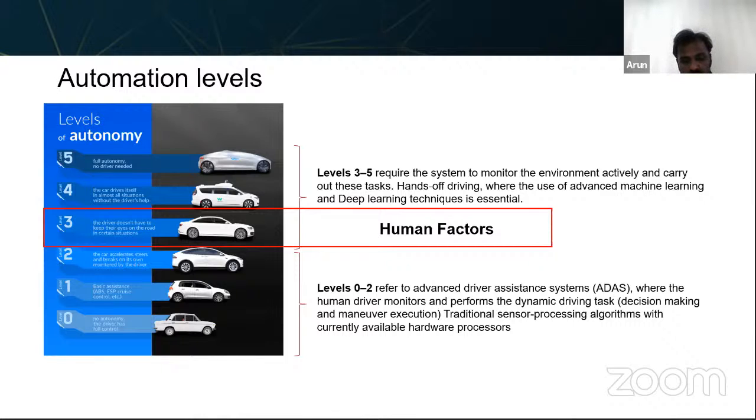For example, if you're driving on a motorway and you activate level 3 automation, and then there is construction work going on, probably the vehicle should be able to do the lane keeping or lane change by itself. But on some occasions, if it fails to do so, it will ask the driver to intervene. That's where it gets tricky, because imagine that you are in a level 3 vehicle, you're driving, and then you're working or looking at your phone, watching some videos.